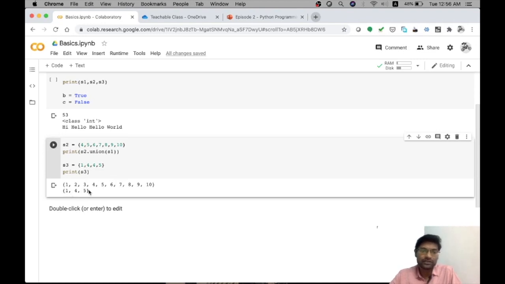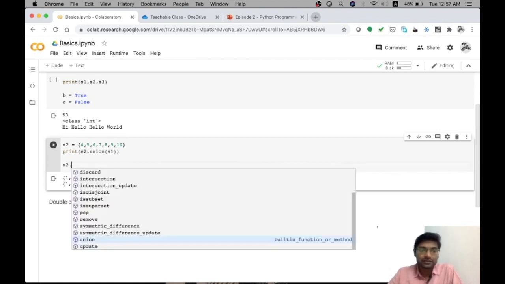S3, my S3 will contain only 1, 4, 5, and it will keep it in ascending order by default. In certain cases it will not keep it in ascending order, but in most cases, when I assign 1, 4, 4, 5, at the time of storing into S3 itself, it cannot store duplicate values and it will automatically put the elements in ascending order as well. So that is the property of set which we have to remember as well.